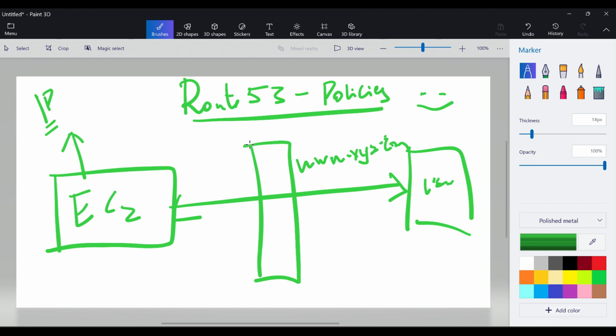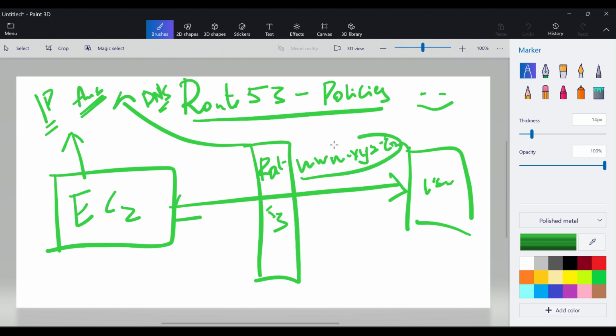This service is provided by AWS and is also called DNS, Domain Name Service. Whenever a user tries to access your website, the domain name will be translated into an IP address,